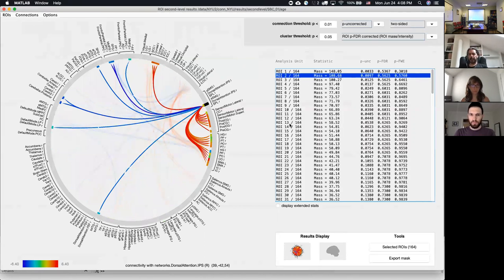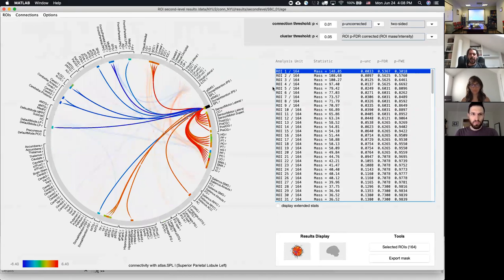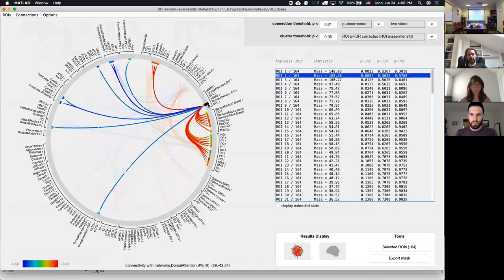Don't pay attention to the actual numbers. I'm in the middle of some stuff, so these are not valid results. But even if they were, consider the statistics for this particular region. When you have a region and you are looking at whatever is significant, that region might show as part of the group of connections that is significant, coming out of this region. That group of connections is significant. But in answering whether this is bidirectional or not, whether this particular